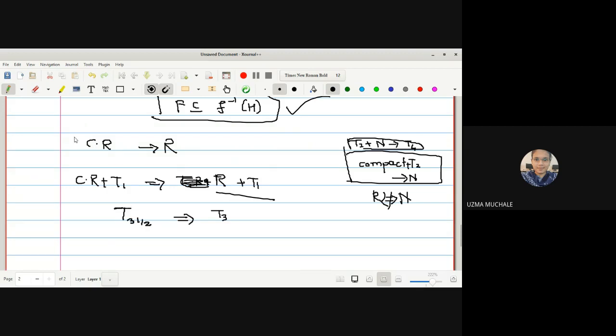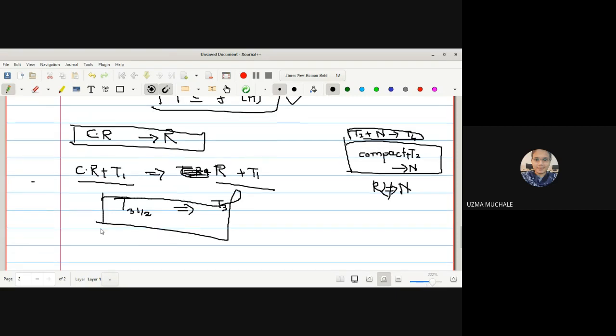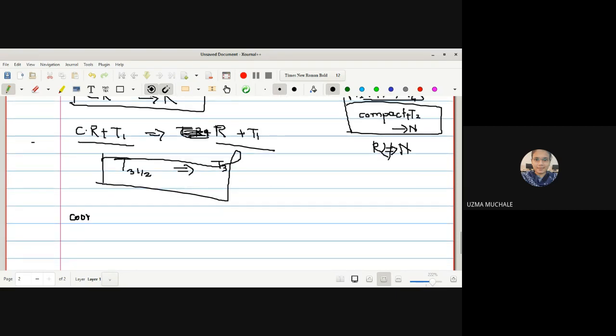Just now we have proved one theorem that a completely regular space is a regular space. So what I have done is simply add the property of T1 on both sides. You cannot actually add on both sides like this; I am simply explaining in such a way that you remember the things, right? So we have completely regular plus T1 space and regular plus T1 space. The definition of completely regular plus T1 is T3 half, and regular plus T1, as we saw in the initial lectures, is T3 space. So what can we get from this theorem? One corollary we can make. What will be the corollary?